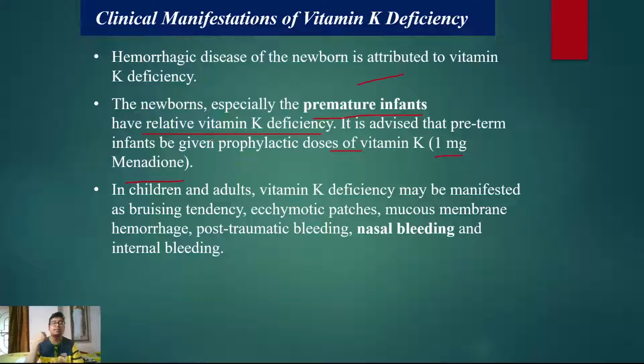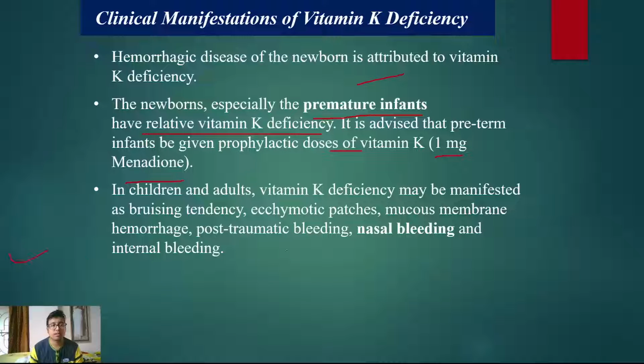If you get excessively blunt trauma, what happens? Capillaries are ruptured and blood gets clotted under the skin. Those are known as bruises. Normally, if you are hit very hard, only then can this happen. But these patients have an easy bruising tendency. Even if you give a small tap, he or she will develop a big bruise. If that happens spontaneously, they are known as ecchymotic patches.